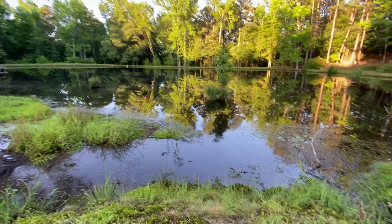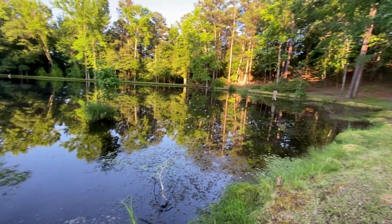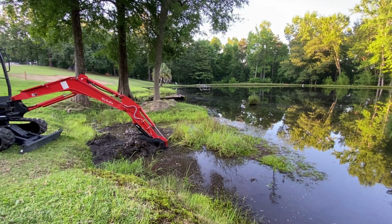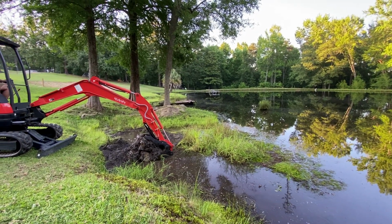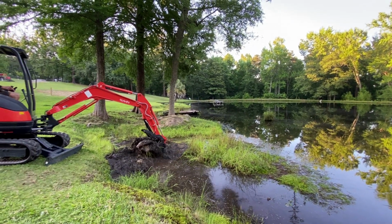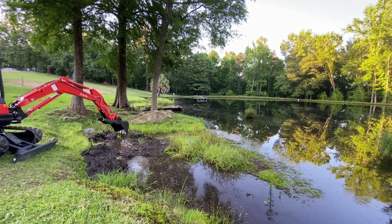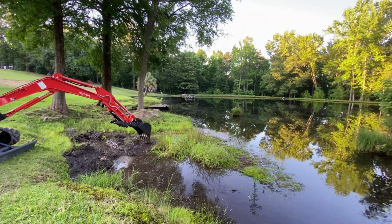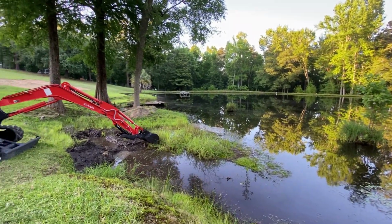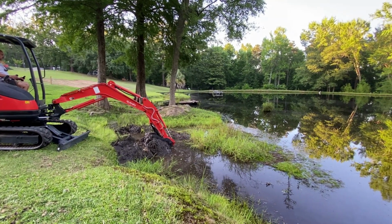I'm so glad we can get this cleaned out. It's just been such a mess for several years. And that flood, man, when it came through, it really messed things up around here bad. We had roads that you couldn't even drive down, roads that we normally drove down, because they were washed out completely. And bridges, it took bridges out, did a lot of damage for businesses flooding, houses flooding, and